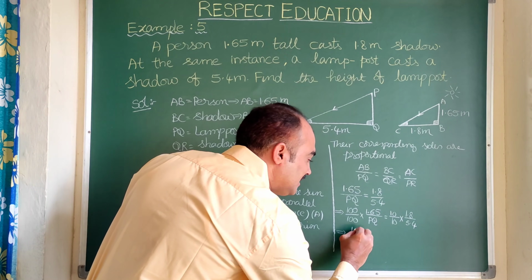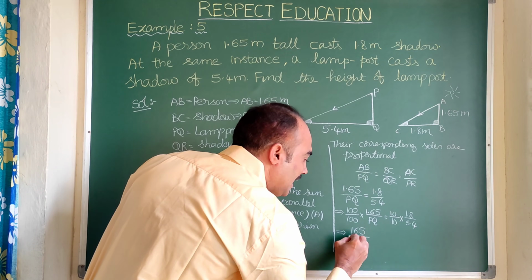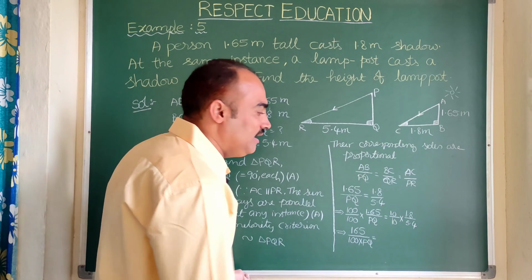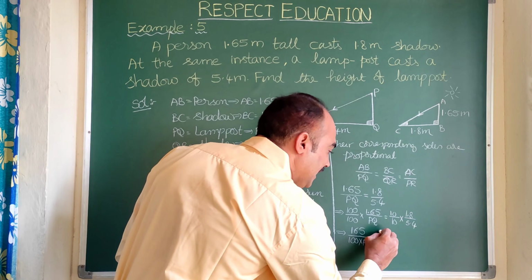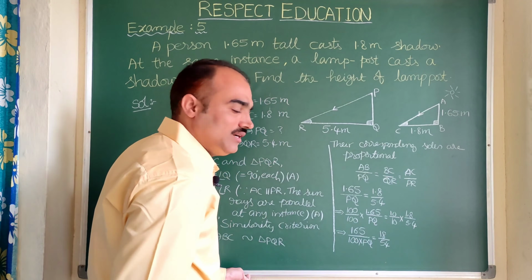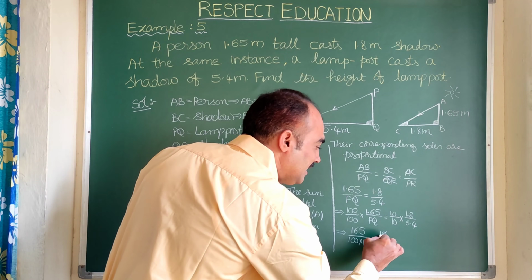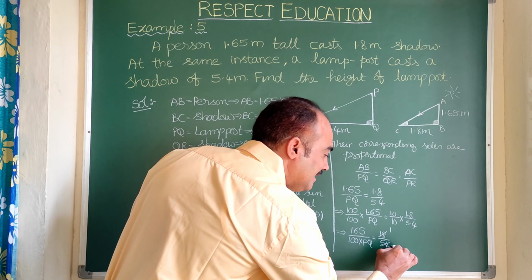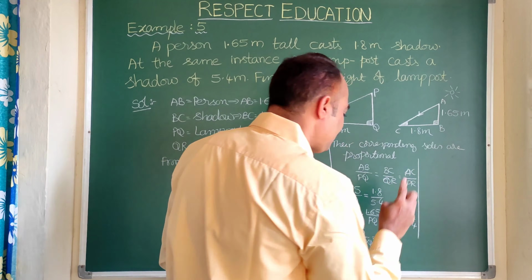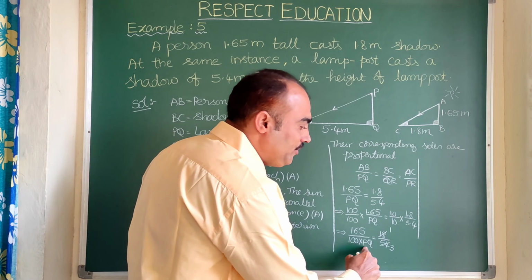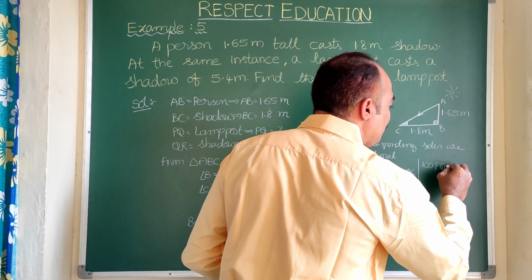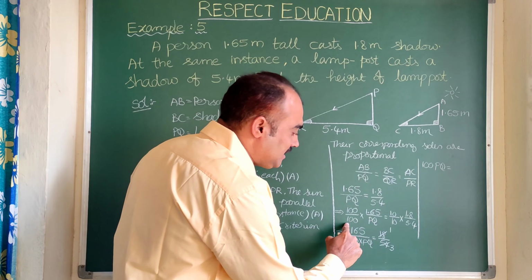So this is 165 by 100 times PQ. 100 times PQ is equal to 10 into 1.8 becomes 18 by 10 into 5.4 becomes 54. So here on cancellation, this is 18 1s are and 18 3s are. Now we do cross multiplication. 100 into PQ into 1 is 100 PQ. 100 times PQ is equal to 165 into 3.